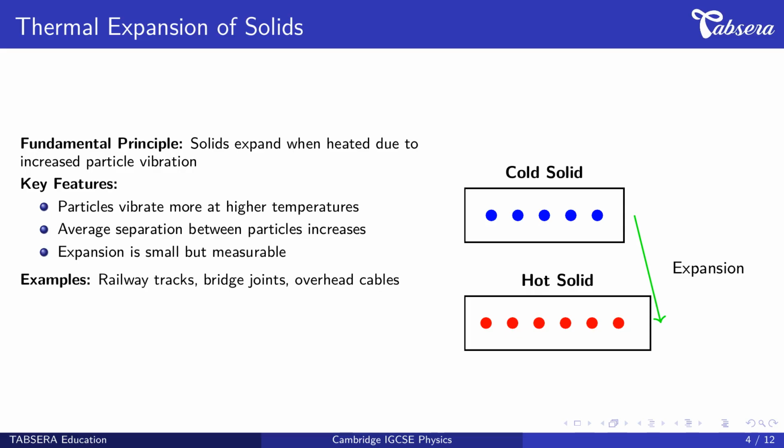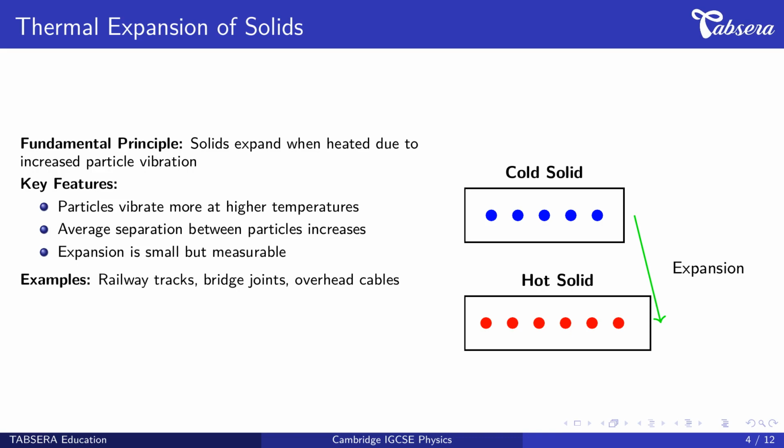Key features include particles vibrate more at higher temperatures, average separation increases, and expansion is small but significant. Real examples include railway tracks which have expansion gaps, bridge joints that allow movement, and overhead cables that sag more in summer. The diagram illustrates this clearly. The cold solid shows particles close together, while the hot solid shows the same particles with greater separation, resulting in